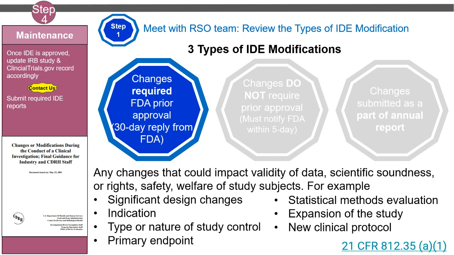Now, let's look at the 30-day approval category, governed by a set of regulatory specifications. In general, this path is required for changes involving the device or protocol, which could impact the data validity and scientific soundness, and such changes impacting the subject's rights, safety, or welfare. For example, changes in device can be in the design, manufacturing process, thus affecting the basic principles of device operation, or such changes increasing the potential risks or introducing new risks.